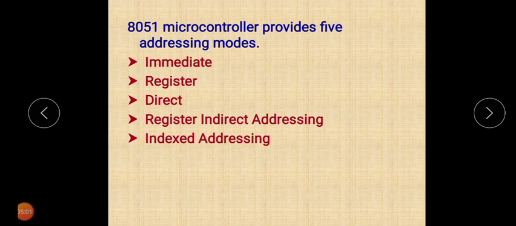They are immediate addressing mode, register addressing mode, direct addressing mode, register indirect addressing mode, and indexed addressing mode. Let us now see these addressing modes in detail.